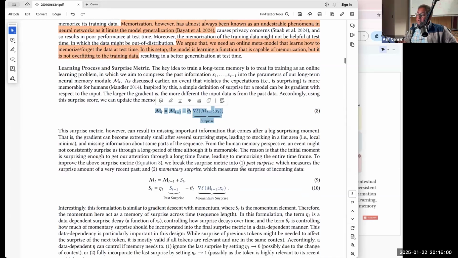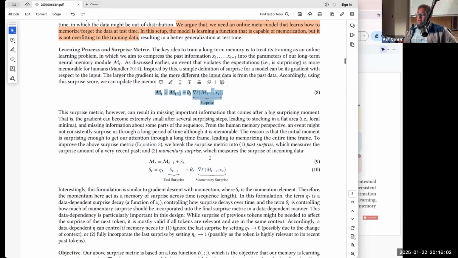They further clarify that the surprise element is a little more complicated. It involves multiple components: one is what they call momentary surprise, and one is called past surprise. This resembles the human mind. For example, in the novel example, if you are talking about a character and the character likes this, after the third or fourth chapter you're saying the same thing, there is no surprise about the character. On the other hand, if you convey new information about the character or the hero, then that's a surprise.